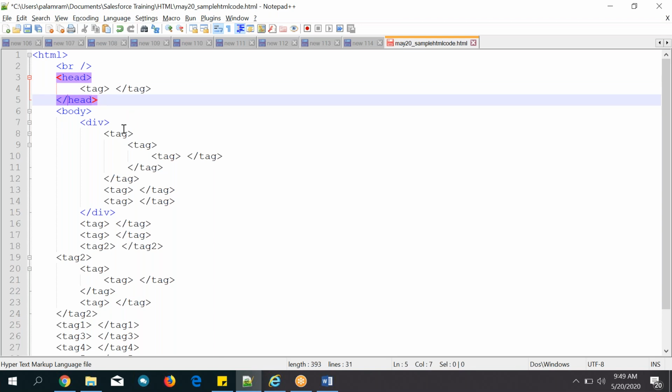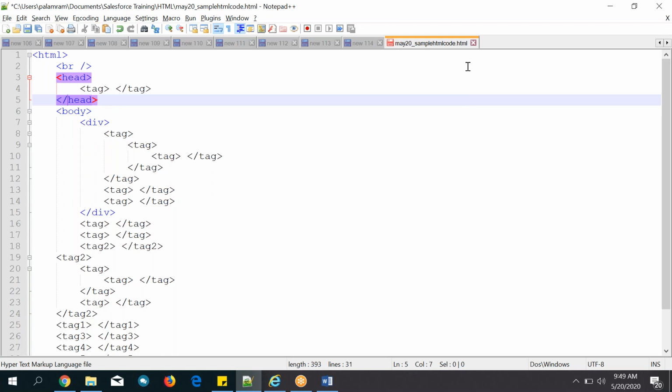Don't worry. You are going to write these HTMLs in your Salesforce, right? So there the system will throw errors. Thank you. But in Salesforce it will throw errors. Here it might display the content, but there it will throw errors. You should close that one, you should open that one. If it is open and not closed, you will get an error. But here it might display.